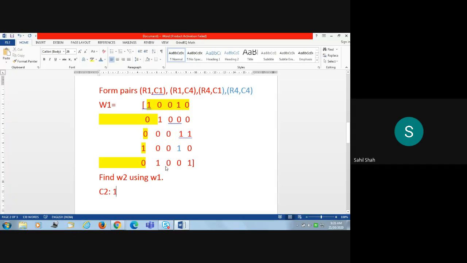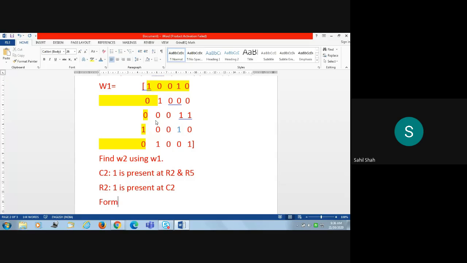For C2, just observe C2, column 2. 1 is present at row 2 and row 5. Row 2 and row 5. Next, row 2. 1 is present at column 2 only, C2. So what are the new pairs formed? Form pairs R2, C2,